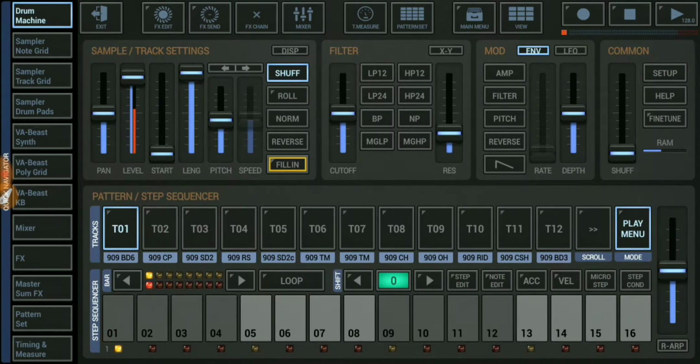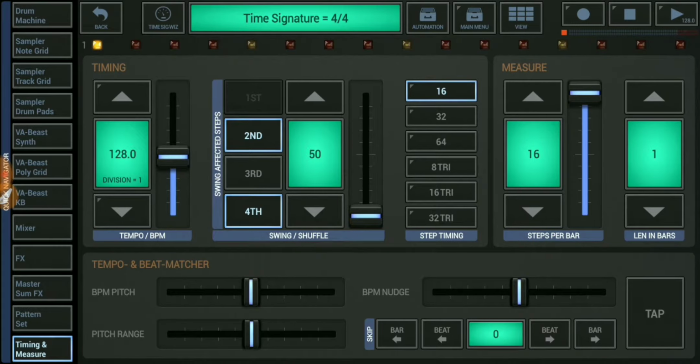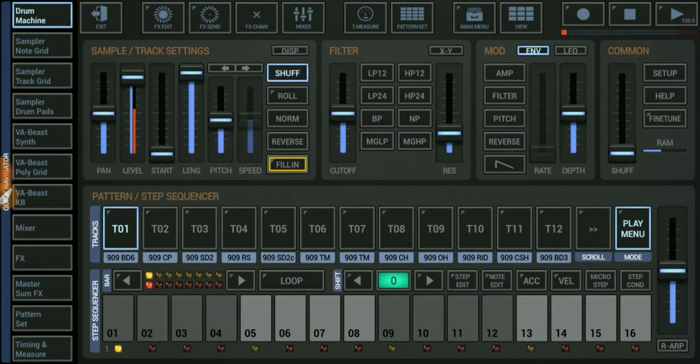If you'd like to alter the tempo, go to the left-hand bottom tab which says timing and measure. Here you can change the tempo, so I'm going to bring it down to 120, and go back to the left-hand top tab which says drum machine to access my drum module again. I'll put the kicks, a straight 4x4 kick,